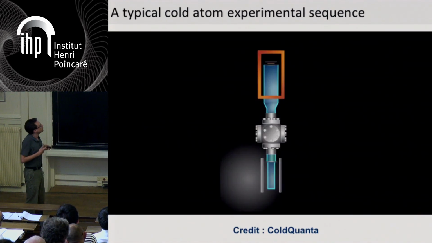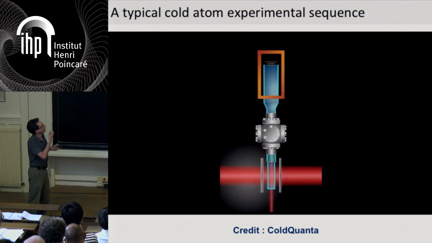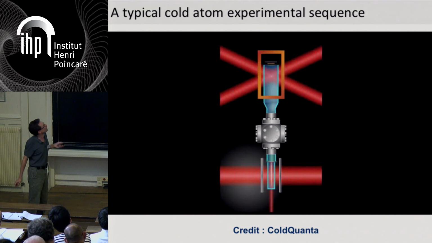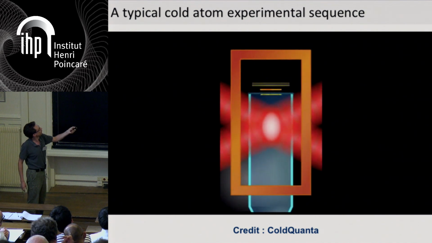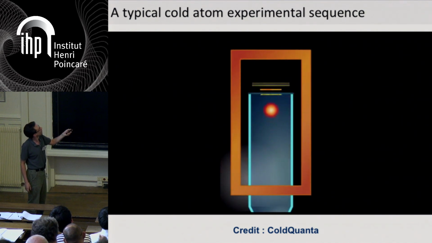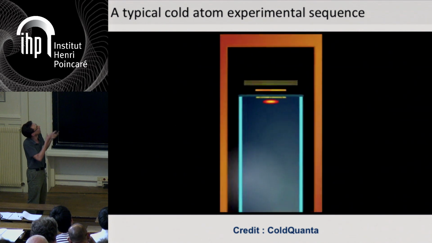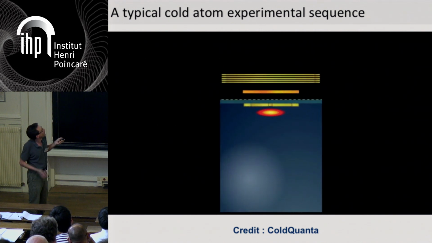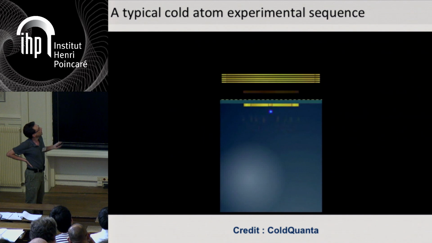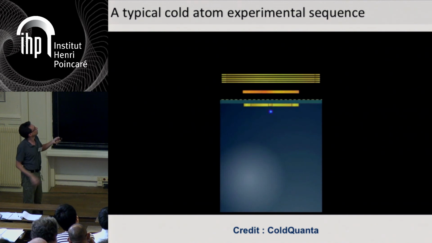So here's a movie I like a lot from the company called Quanta, which just gives you maybe a visual impression of what it looks like. So here the atoms are first cooled in 2D, and then the beam is used to load atoms in 3D, which are then transferred into a purely non-dissipative trap. So here it's a magnetic minimum created by a microcircuit or atom chip, as described by Jean-Michel Raymond before. And here what is shown is evaporation, where you throw away the hottest atoms to get a very cold and dense sample in the end.